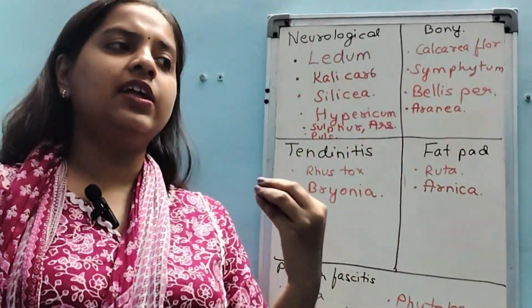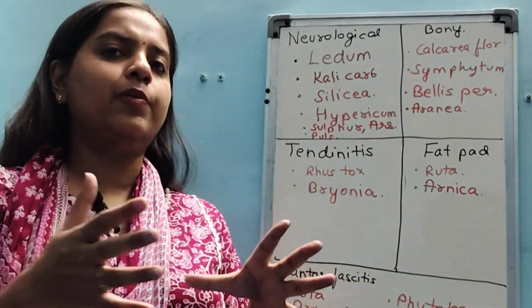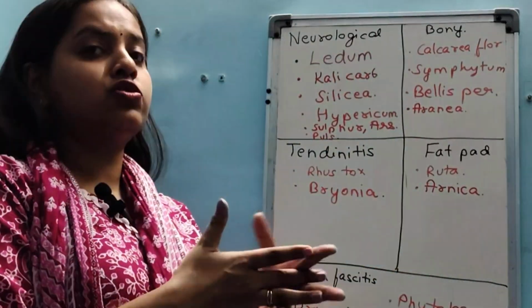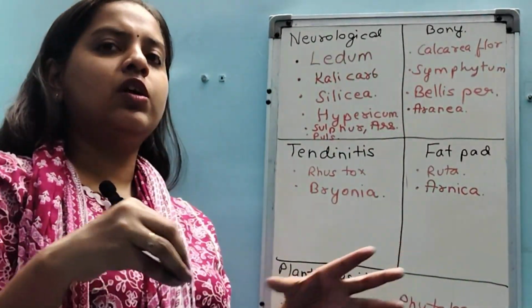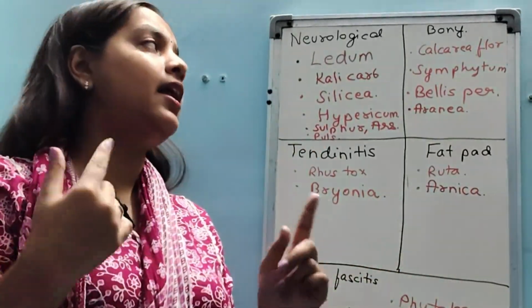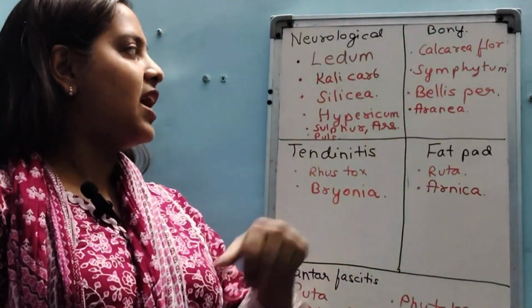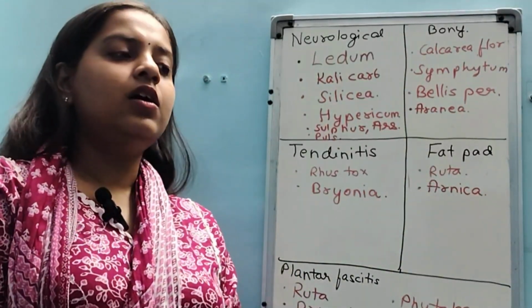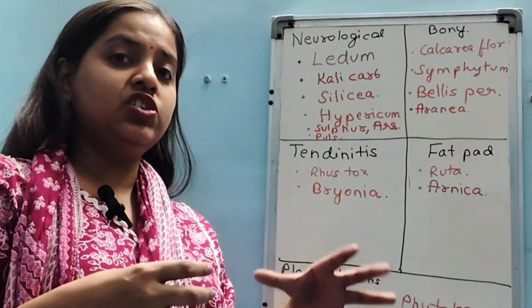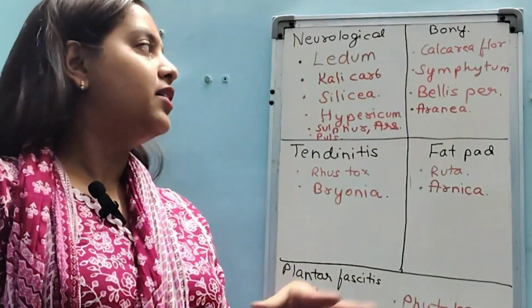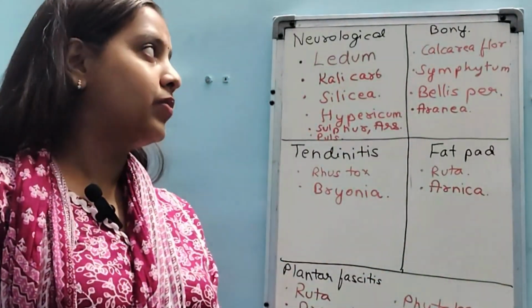Next, Kali carb, burning, tingling sensation and a chronic kind of pain. It will also help you in the lumbar region causes and also sciatic causes. If you are talking about sciatic causes, then we have many other remedies which we will discuss in another video. Next, we have Silicea. Silicea is helpful in healings that are due to some kind of injury, and it is taking very long to heal that injury. Then you can use Silicea in that.